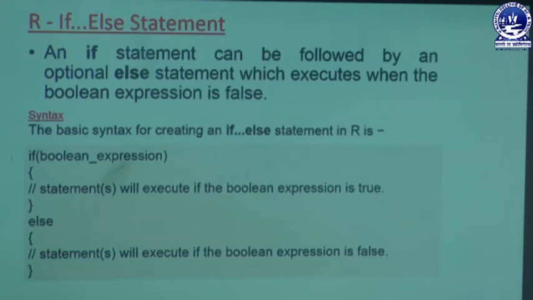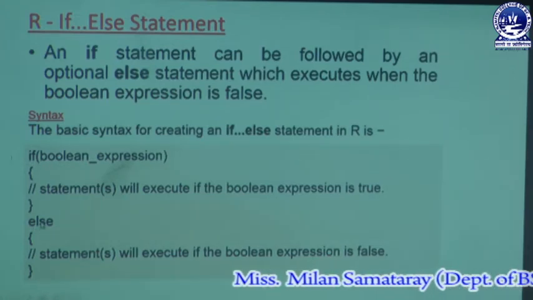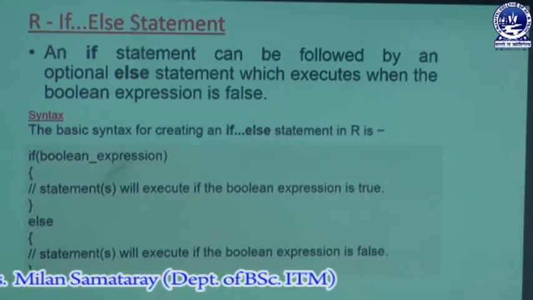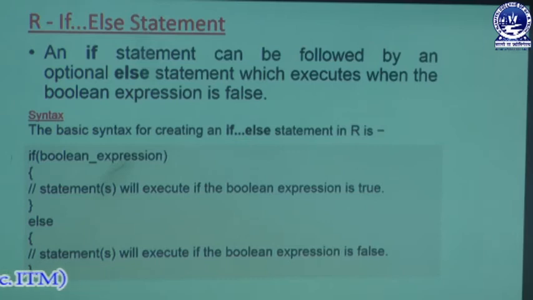Some code or some instructions can be executed if the Boolean expression written inside the if gives the result as false. Then there is a block of statements which will be executed. Here this is the syntax of writing an if else statement. In the previous example there was only an if statement, there was no else part, and here we have an if statement and an else statement. In the if we provide a condition, but in the else we do not provide any condition. So this is the syntax you have to remember.